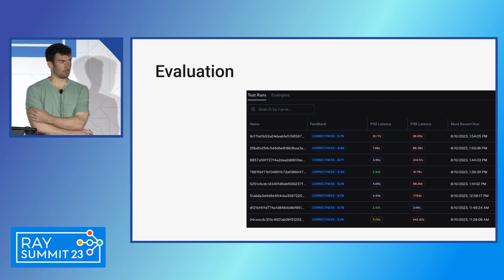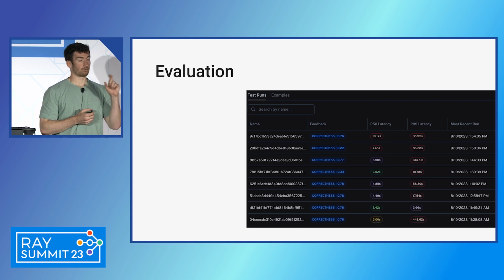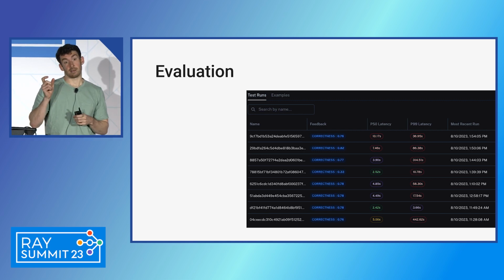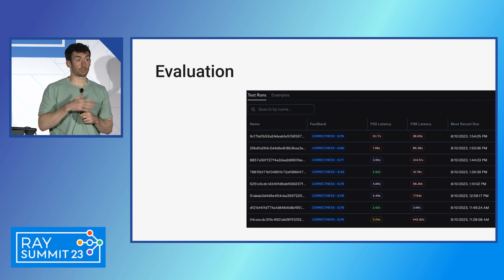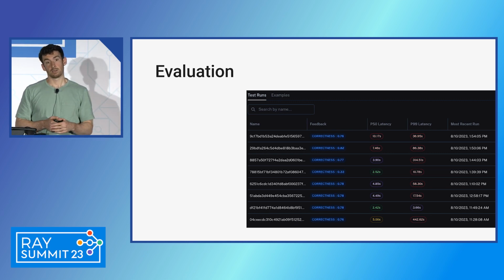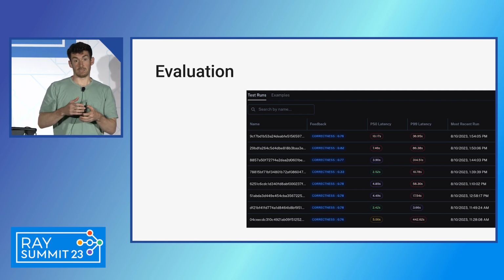The other thing that we've seen people doing is saving not a ground truth answer, but some instruction set on how to get the ground truth answer. And so they might save a search query that they then run against the search engine when they're evaluating, get back the response, and then they compare the end response. Or another example is with SQL. So if I ask a question around how to get some information from a SQL database, and it's based on real-time data, so I can't save a true ground truth final answer.